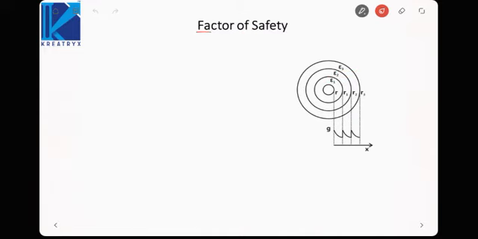What is the factor of safety? Now I told you the dielectric strength should always be greater than the maximum electric field, so that the dielectric does not break down. So dielectric strength divided by Emax is called the factor of safety. It means how much margin you are using while using a dielectric. Suppose the maximum electric field is 15 kV per mm, then the dielectric strength should be greater than 15, let us say 20. Then 20 by 15 will give me the safety factor. Okay.